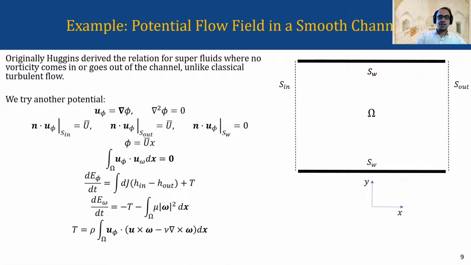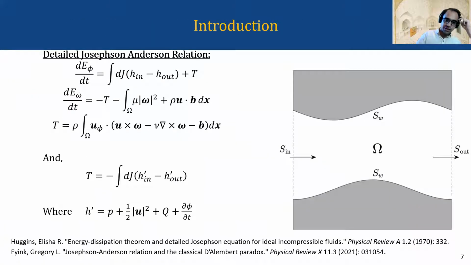And we see, does the calculation go through? Well, it does, thankfully. So with phi equal to U bar x and U phi equal to U bar, you still get the orthogonality of the two fields, and you still get this T term, which is taking energy out of the potential and putting it into the vortical component, and then it's being dissipated by viscosity, as was the case for the original relation derived by Huggins. So, I forgot to mention that, this form of the relation has also been derived for exterior flow in this paper